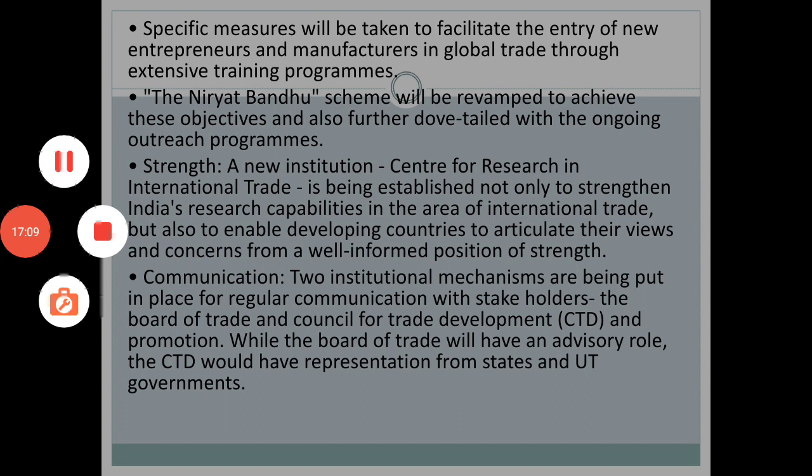Then the foreign trade policy also seeks to establish an institutional framework to work with state governments to boost India's exports. This foreign trade policy, which we are currently discussing, also seeks to establish an institutional framework to work with state governments to boost India's export. In collaboration with the state governments, what is the aim? The aim is to establish an institutional framework, a setup